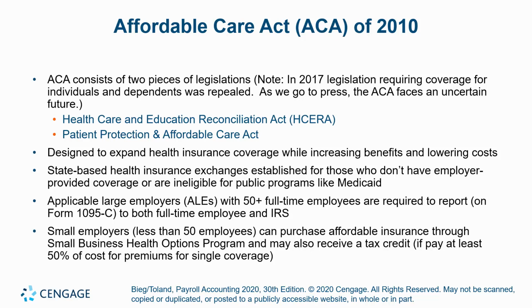It got rid of the lifetime limit, which is something I hope none of you ever need to know anything about. Prior to Obamacare, insurance would often have a lifetime limit of $1 million, which sounds like a lot of money. But take your kiddo over to Seattle for cancer care for 6 months, and you have hit $1 million like that. And then you're just bankrupt. Your house is gone, all your assets are gone, and there goes your life. So that was eliminated. It also set up exchanges that have maybe not worked as great as we had all hoped, which were trying to cause insurance companies to compete for your business.